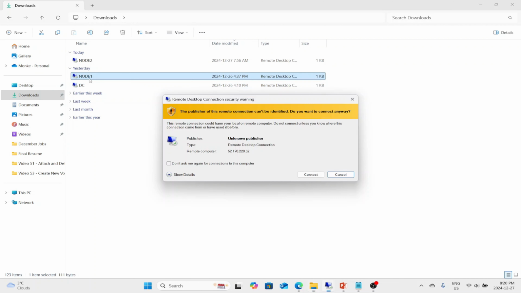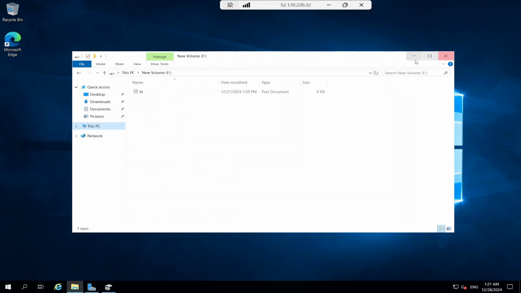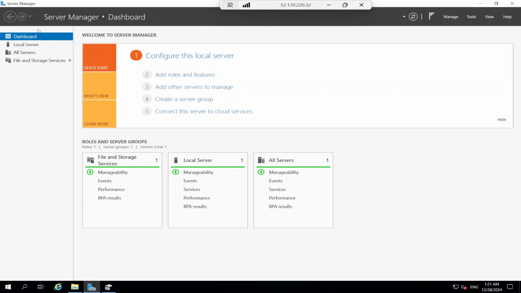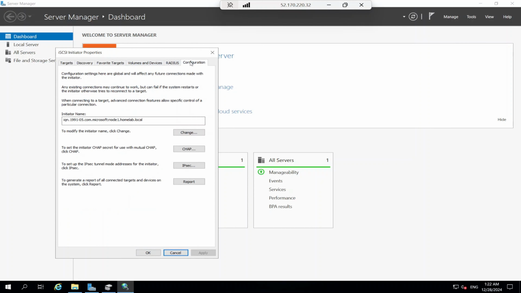So we've got to log into node 1 quickly. Node 1 is already domain joined to my home lab directory. So keep in mind this is all happening within an Active Directory domain. So this is my node 1. So I will go to Server Manager, go to Manage, go to Tools, go to iSCSI Initiator, go to Configuration, and this is the IQN that it is asking to specify in order to specify our list of iSCSI initiators that we will give access to the iSCSI target. So we copy this,